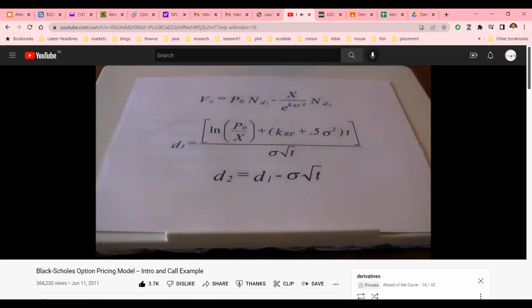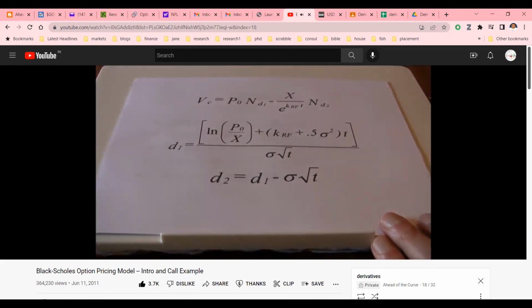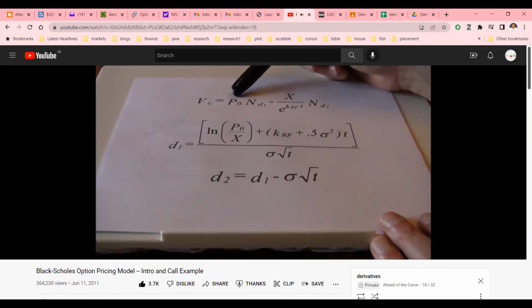We're going to start with the value of a call. Now, the formulas for the value of a call look pretty messy, and the Black Scholes option pricing model was developed using stochastic calculus. I've actually seen the proof and walked through it once before, but mathematically it's a little bit beyond my skill level, so let's just trust these guys and assume that all these formulas are valid. We start with the value of the call, which takes the stock price times an area from the standard normal distribution table